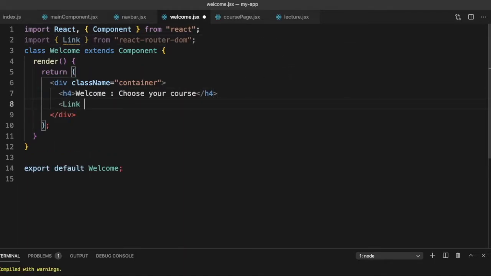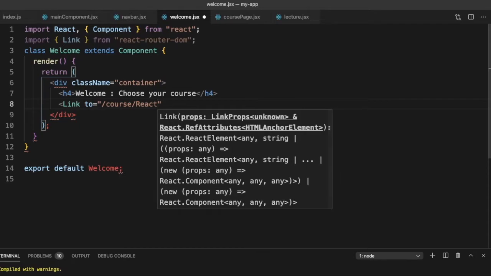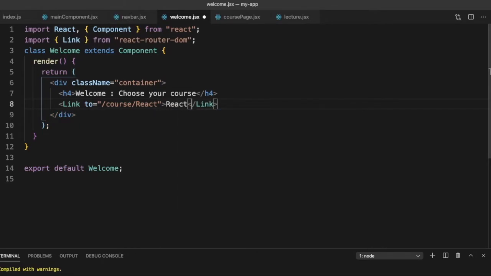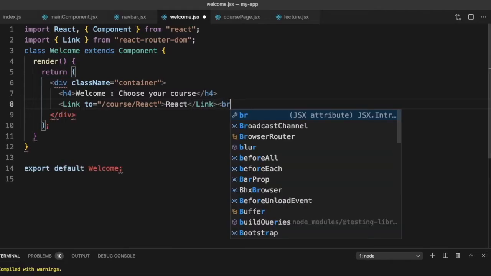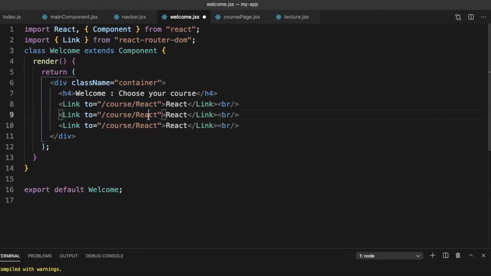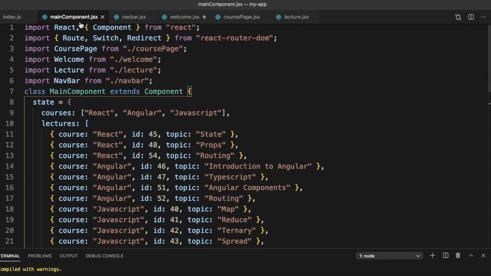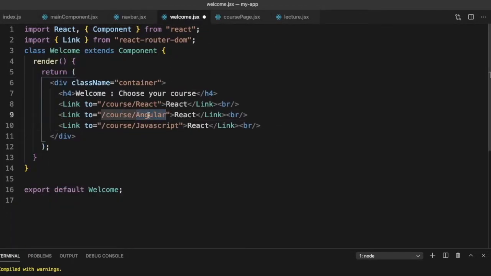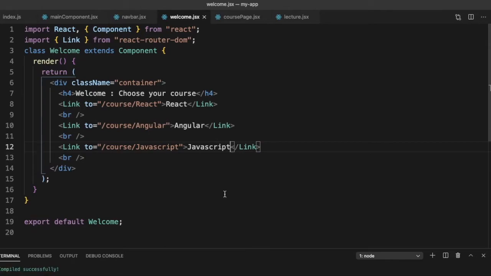Say link to is equal to slash course slash React, and a break. So the other ones are Angular and JavaScript. Let's just check the spellings. So JavaScript has an S small. So this should give us our welcome.